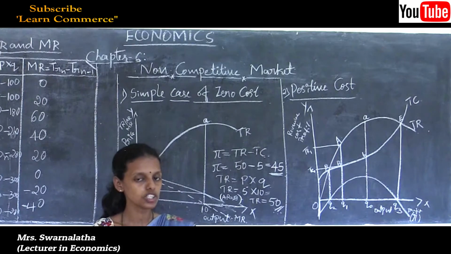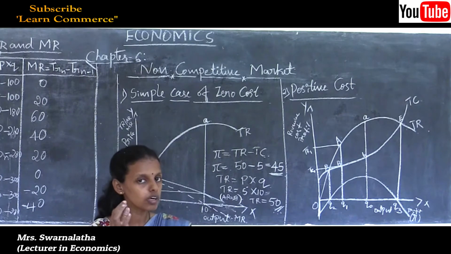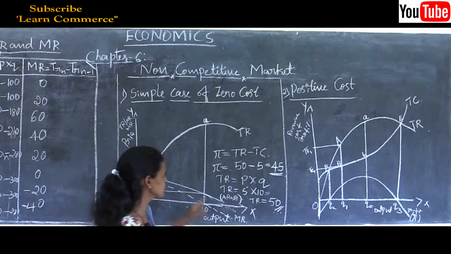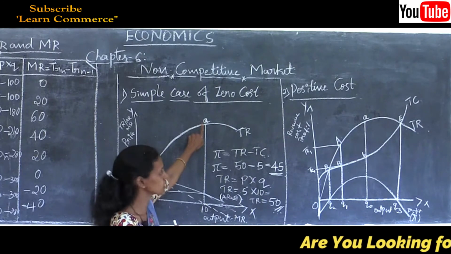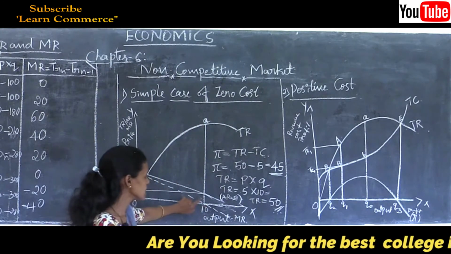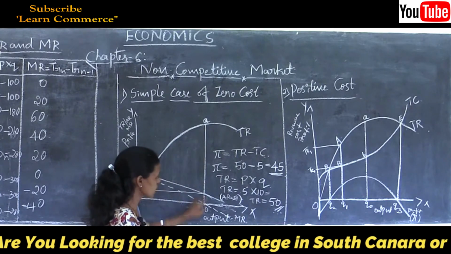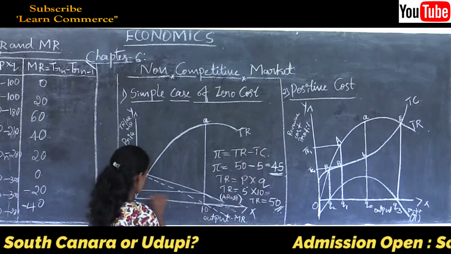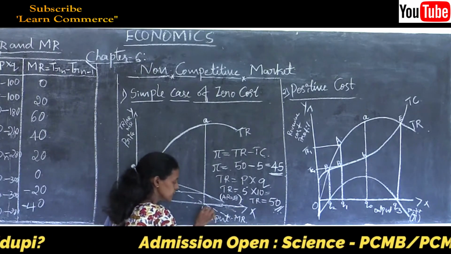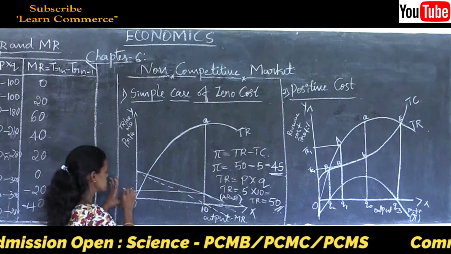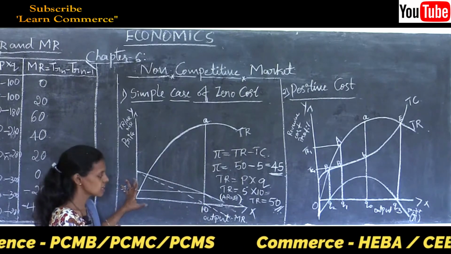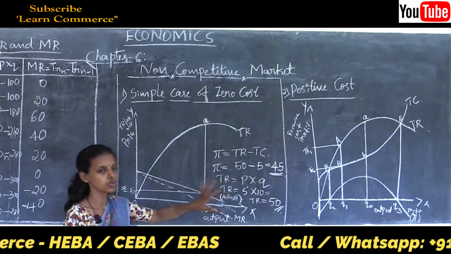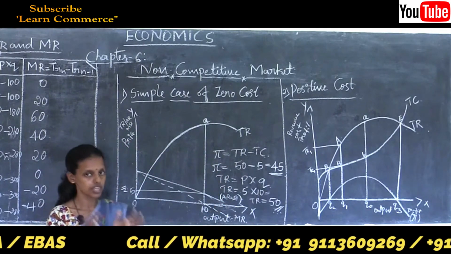So, when the cost of production is very less or 0, then only the firm can earn the maximum profit in the short run. Then only it can be in the equilibrium situation. At point A, profit is maximum. Here the TR curve also intersects the AR and MR curves. The AR curve and MR curve are also there at 10 units of production with the price of 5 rupees. So, the total revenue, average revenue and marginal revenue relationship you can also see in this particular figure.